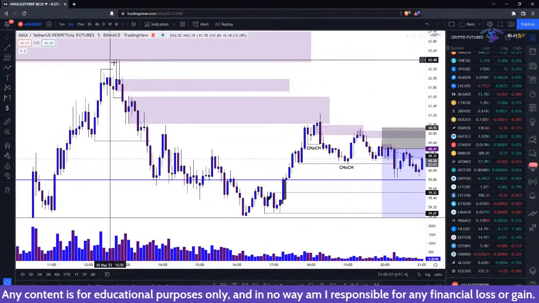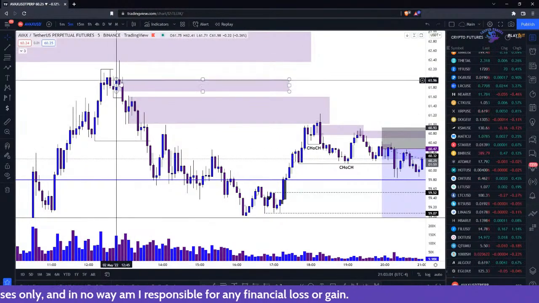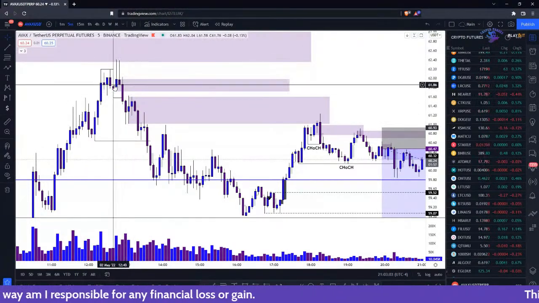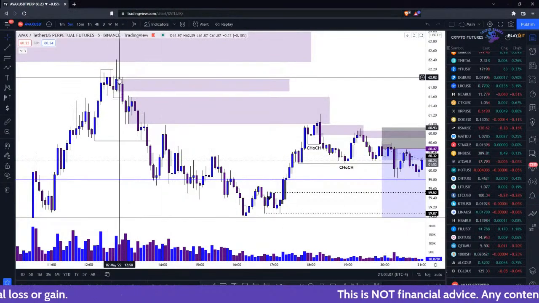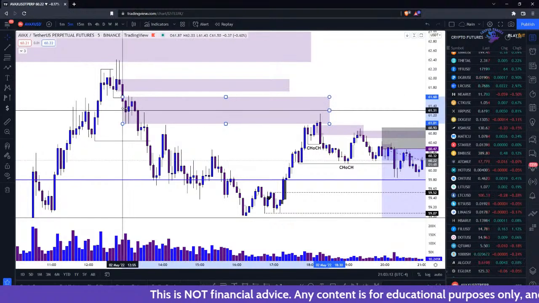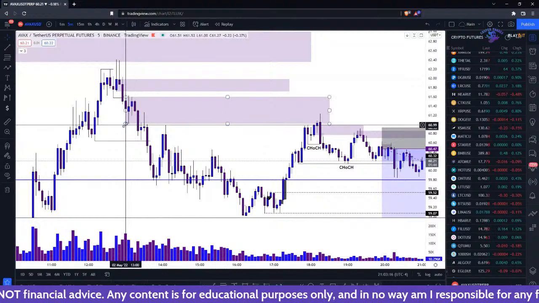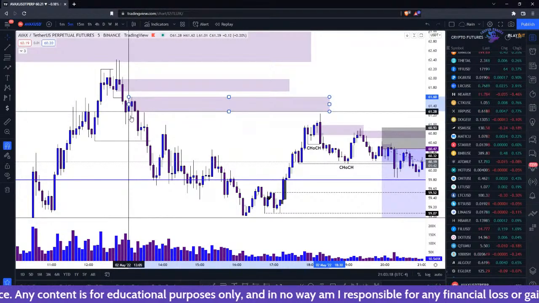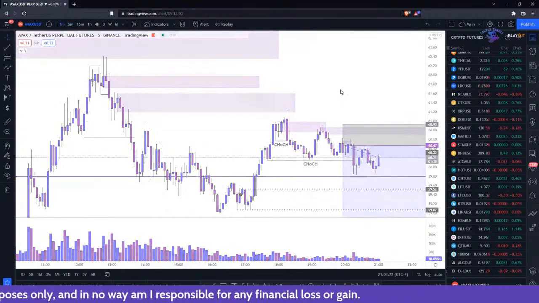If I'm going from 1 hour mitigation, which was up here, to a 5 minute change of character, I'll usually look. If I get the 5 minute change of character, I'm comfortable playing limits off of the top mitigation, but I will set alerts here if there is another mitigation zone. You could say it was the last candle, however you want to draw it, but we obviously saw a reaction there and we actually saw a change of character.